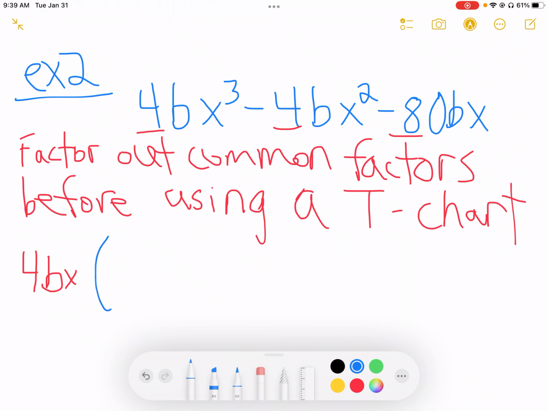I'm taking 4bx at this first one, so I can think about dividing them all out, or I can think about multiplying them back in. So if I multiplied this bx back with this x squared, then I'm going to have what I originally ended up with. And then over here, I'm going to say minus, and then I'll have minus